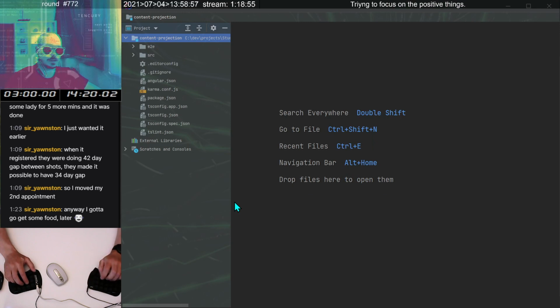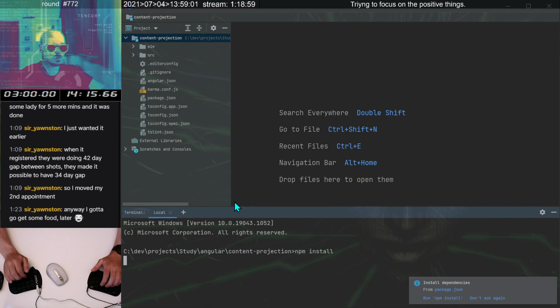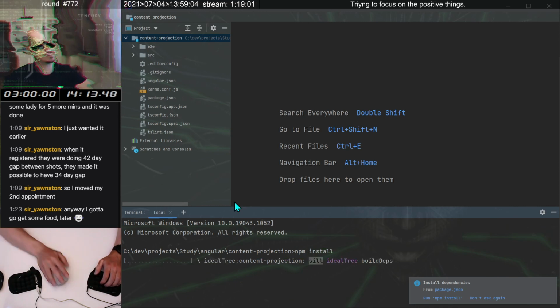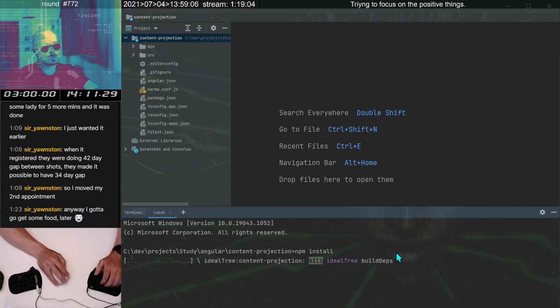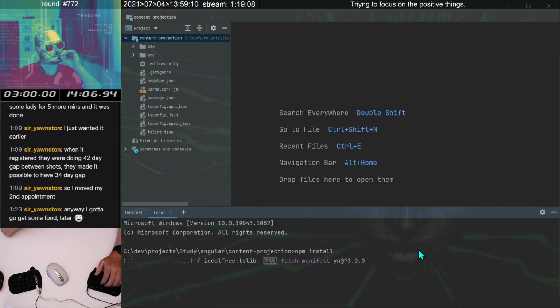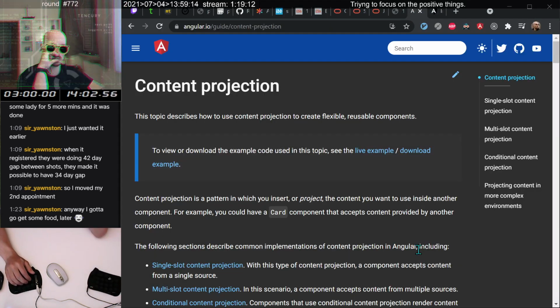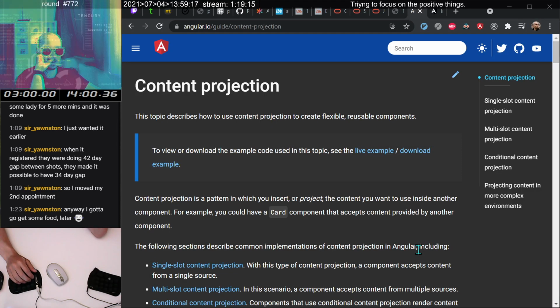So first things first. Install. And while this is cooking,